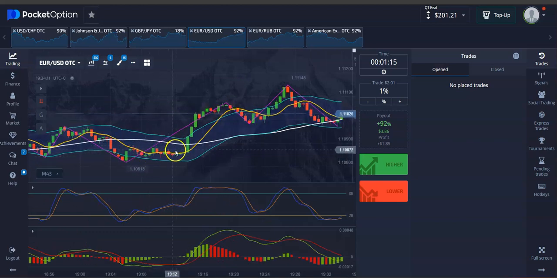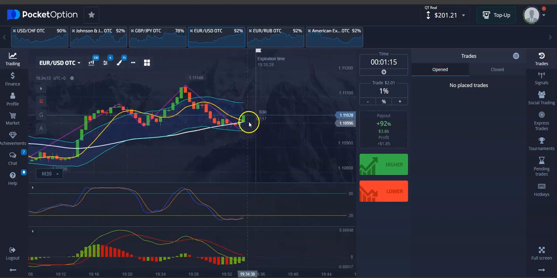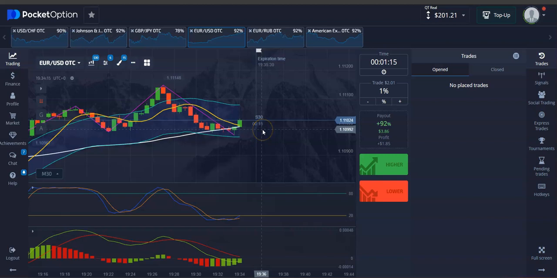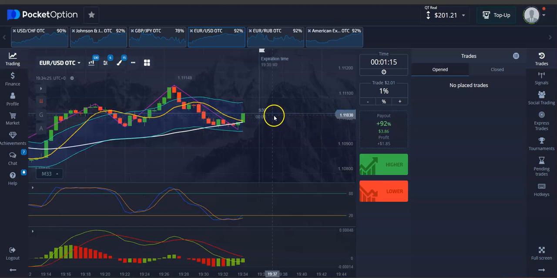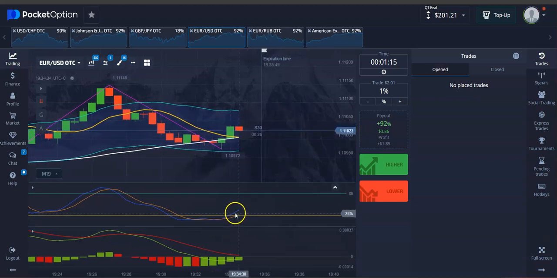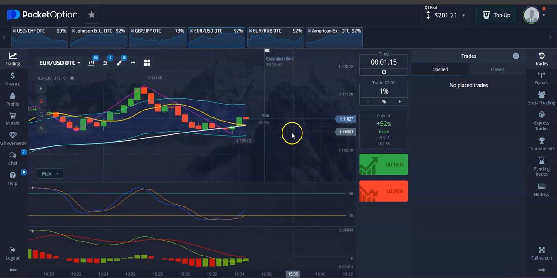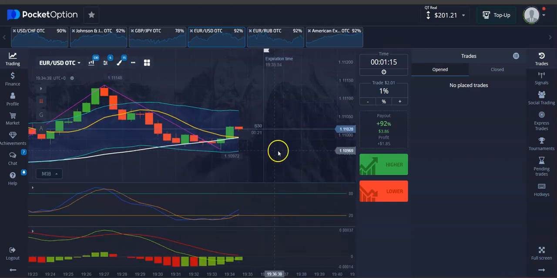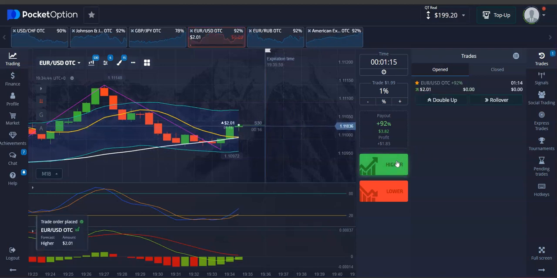Okay, over here, we can see the price consolidated a little bit back then. Okay, seems like now it's going to creep up to the upside. And yeah, maybe I'm going to take the trade. So we got 10 seconds. I'm going to wait for the next candle, and if it's a positive one, I'm going to take a higher position. Okay, we got the crossover right there, and the price potentially will have a continuation to the upside. Okay, so everything indicates that the price will have a continuation to the upside. So I'm going to place a trade right there,